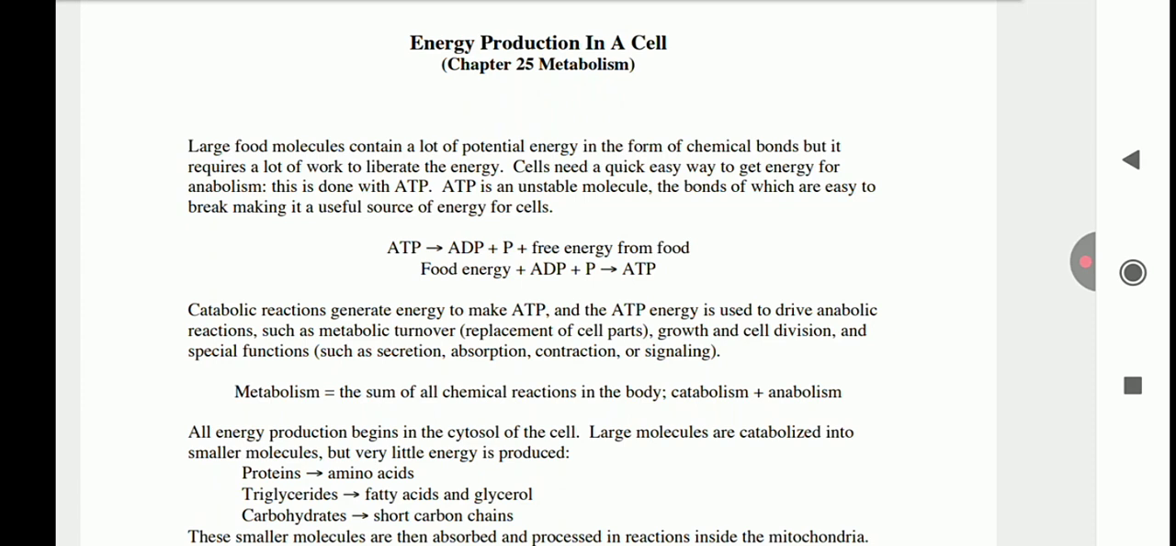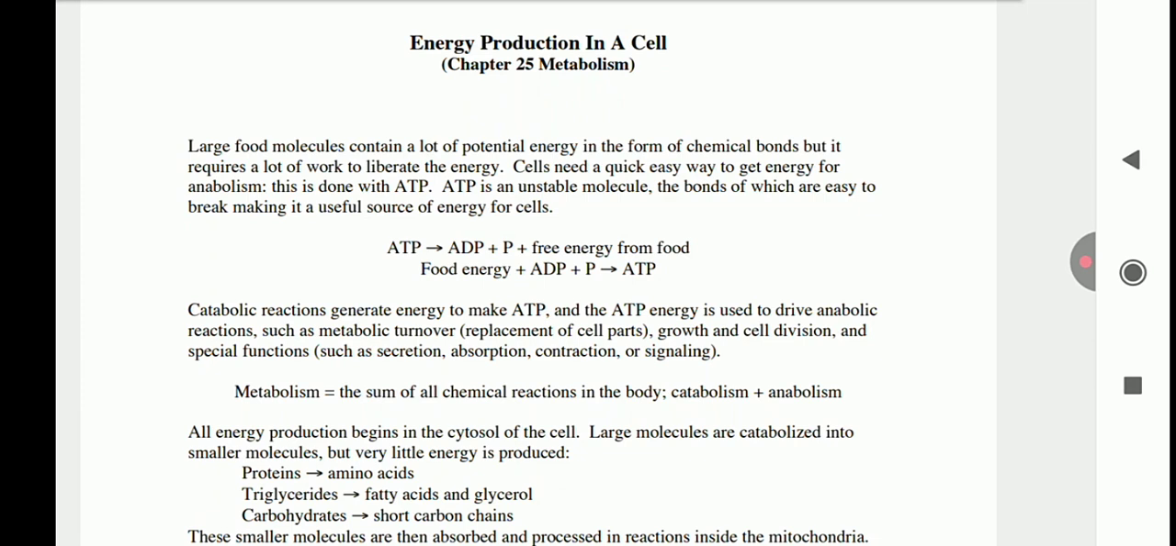metabolic turnover, replacement of cell parts, growth and cell division, and special functions such as absorption, concentration, signaling. Metabolism: the sum of all chemical reactions in the body, catabolism plus anabolism. All energy production occurs in the cytosol of